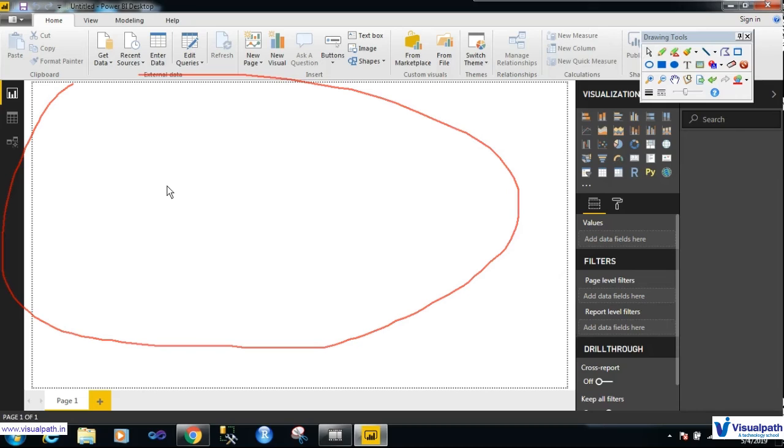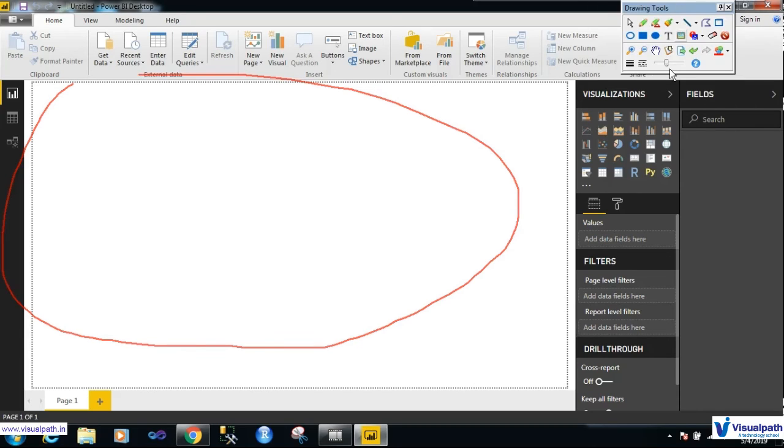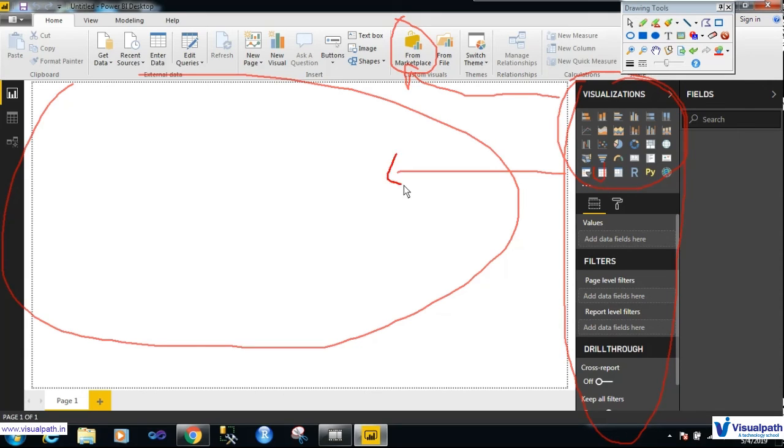Getting the point? So this is a report pane where you can create the visualizations and do anything you want. This is the visualization tab. Here you can choose any visual, or if you want any custom visualizations, you can get them from the marketplace. We are going to discuss these things in detail. But if you take a visualization and drag it here, and you want to play with the properties, or increase the font size, according to the need, you can choose these two options, which set the properties of the Power BI report.